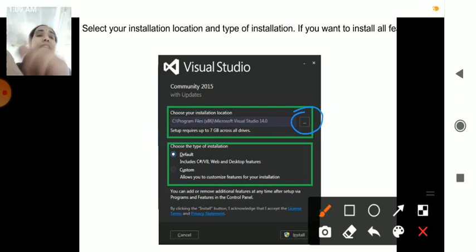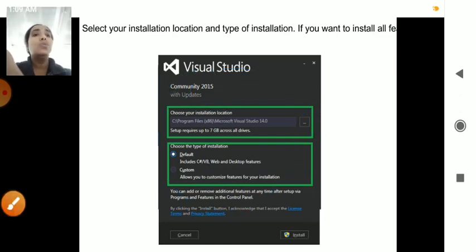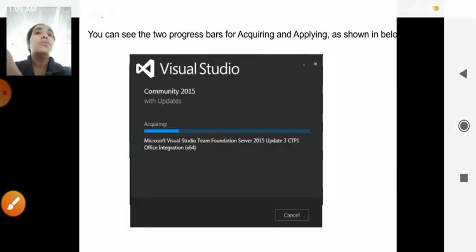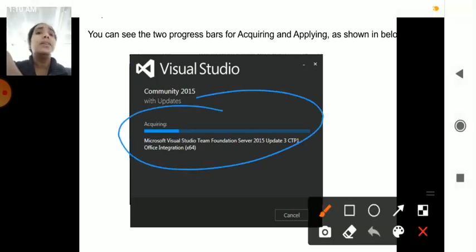When you move on with that run setup, it will ask with this screen. It may be 2015 or it may be 2017. You may choose. The same steps are considered in both cases. You will come up with the same screens. When you choose the drive here, next it starts acquiring all the aspects of the community edition in Visual Studio. It starts installing all the features of the Visual Studio. Here you can see it starts saving the files into your system.